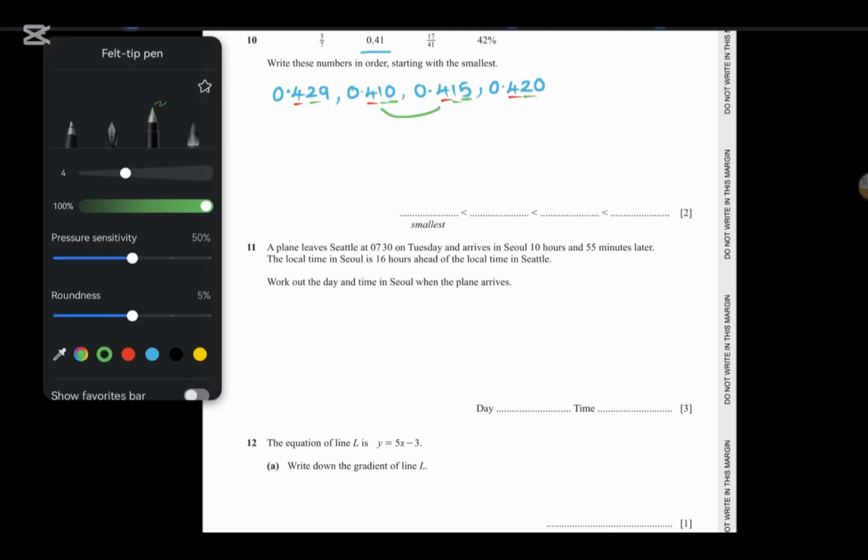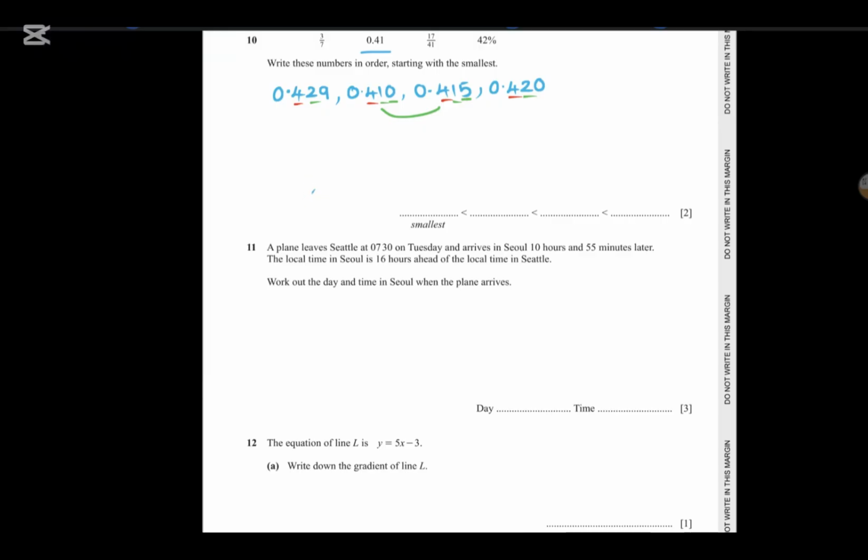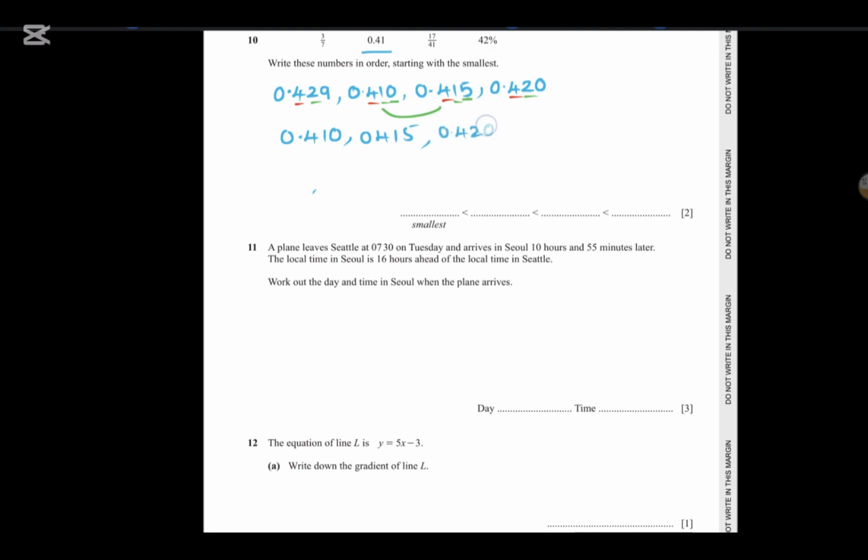So I will write the first number as 0.410. Then next comes 0.415, because the other two have 2 in their hundredths place. Now when I compare 429 and 420, 429 is bigger and 420 is smaller. So 0.420 comes next, and then